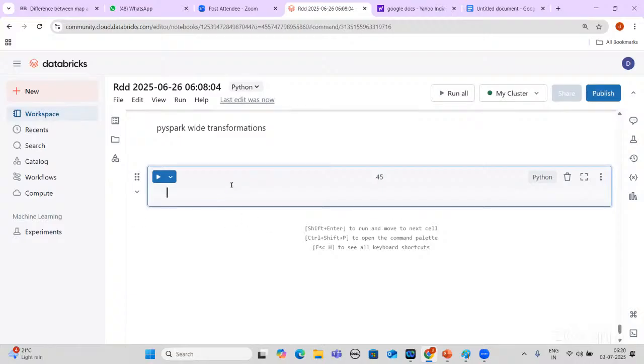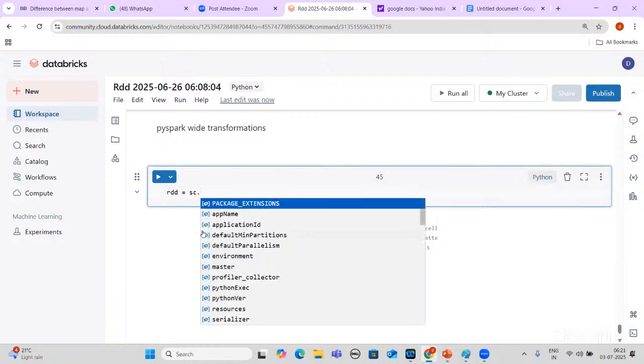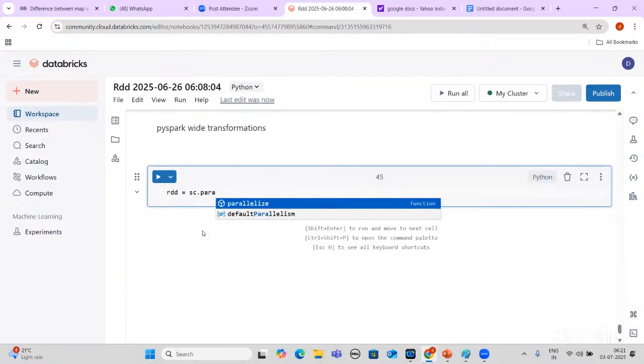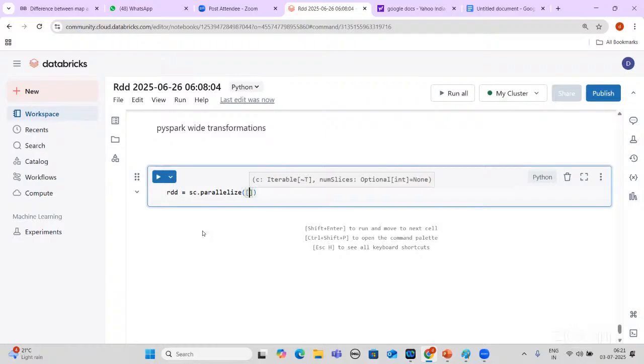So just create one RDD equals to sc.parallelize, one comma two comma four. One partition I'm giving.